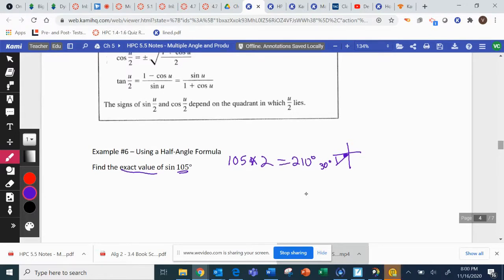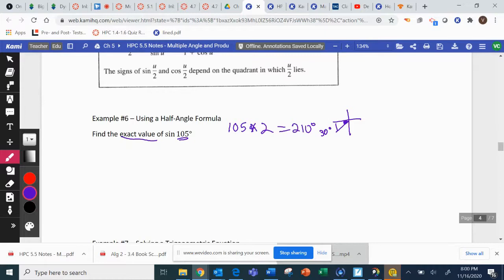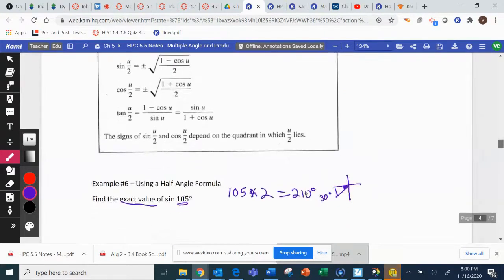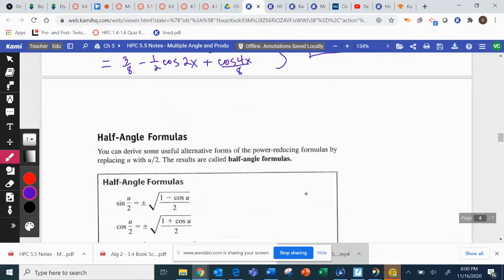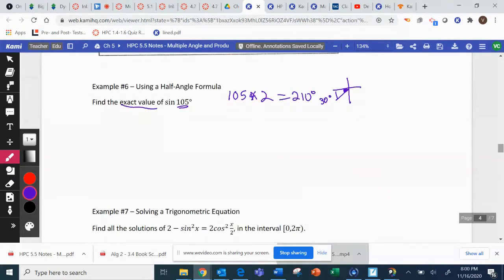So we're going to go off of that. We're going to use the half angle formula for sine. Sine of 105 degrees is equal to the square root, now I'm using the formula, of 1 minus